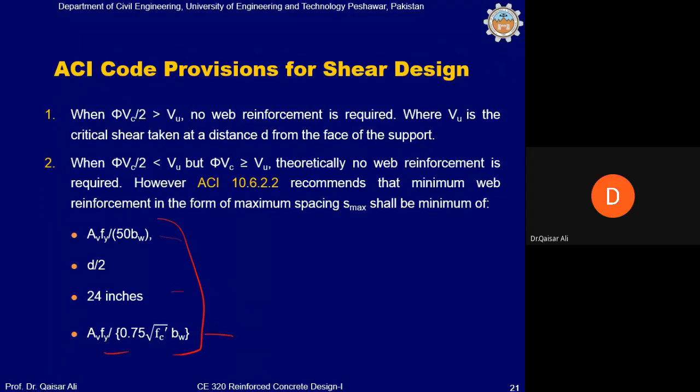आप आराम से मालूम कर सकते हैं। अगर BW हमारे पास 12 इंच हो और AV हमारे पास 0.22 हो, FY हमारे पास 60,000 हो, तो आप इस इक्वेशन से मालूम करें। और D हमारे पास लेट से 18 इंच है, 24 इंच, और इससे भी मालूम करें। 4 इक्वेशन से ज़रा मालूम करके मुझे बताएं और इसमें लीस्ट वैल्यू कौन सी आ रही है ये भी बताएं।